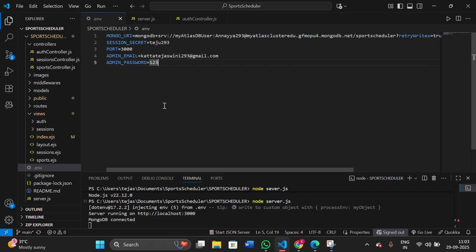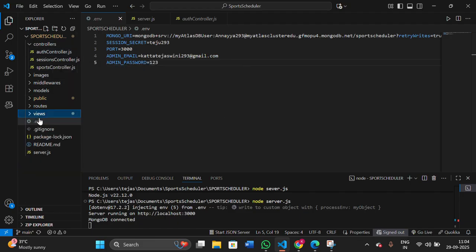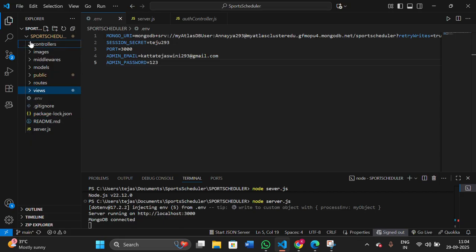And next, here is the folder structure. This is my folder structure, and I will explain this one. Let me close all these. And first,